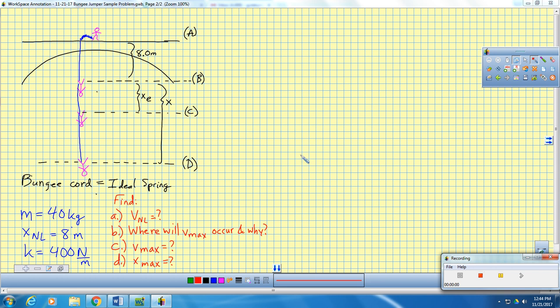Here is our sample problem today. We've done problems in the past on horizontal springs and storing energy with a horizontal spring. Now we're going to vertical springs. And my favorite vertical spring situation is a bungee jumper because I went bungee jumping sort of once when I